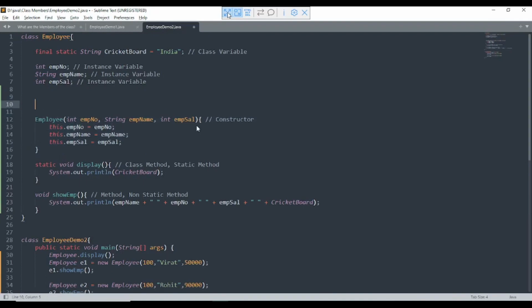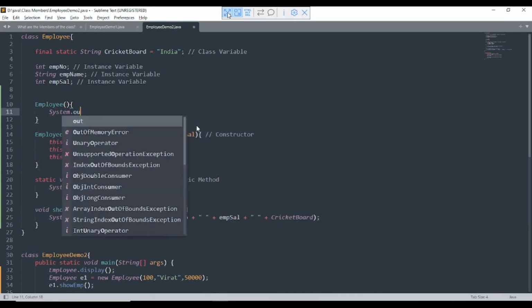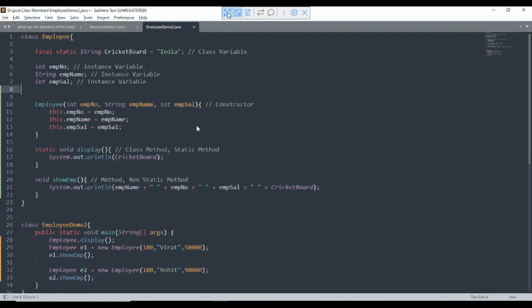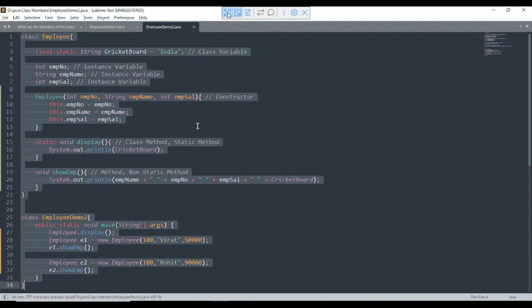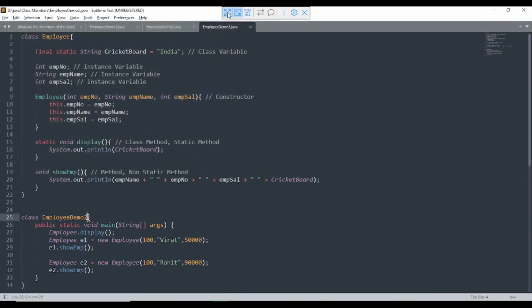Now here I am writing the default constructor, system.out.println. I am copying it into the new file EmployeeDemo3.java. This is the third demonstration for the members of the class.